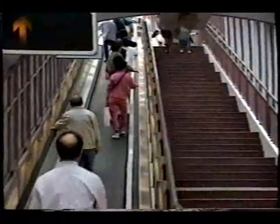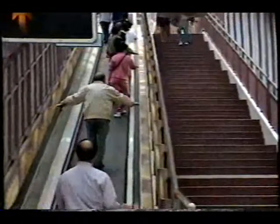Well, we're going up the easy way, the inclinator. It's not a bumpity bump kind of escalator as we know it, where you go up steps. It's just a straight, smooth ride like a moving staircase. But you do have to walk down. And as we go up, for heaven's sake, we're